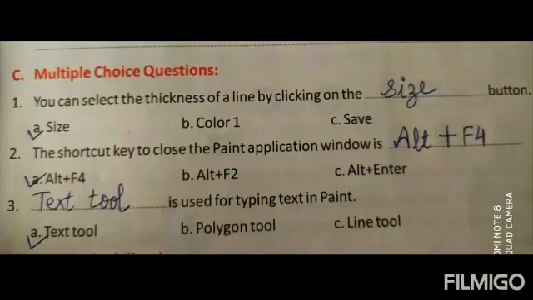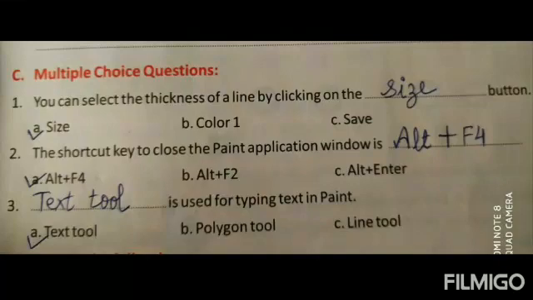Then the second one, the shortcut key to close the paint application is, what is the shortcut key? If you want to close the paint application, what are the shortcut keys?